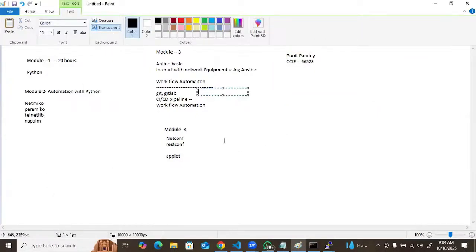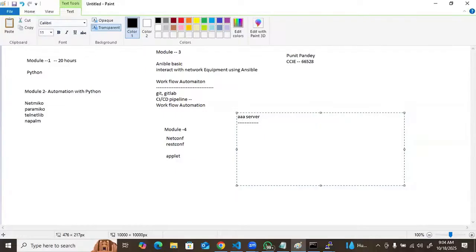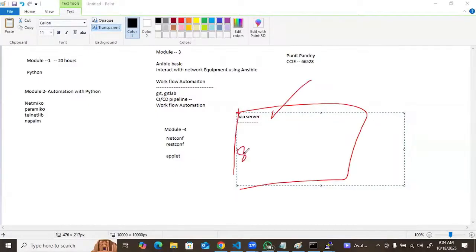So what I told you: suppose there is one file where I'm putting the AAA server IPs. If I make any changes in that file, my script should execute. That is my requirement. As a network engineer or automation engineer, I gave this file to my management and said, if you want to change the AAA server or SNMP server, these are the files. You can make the changes, and the script will work automatically. You got the point?